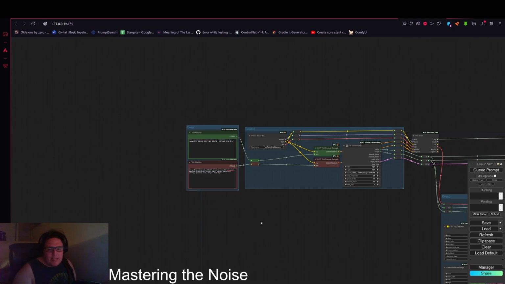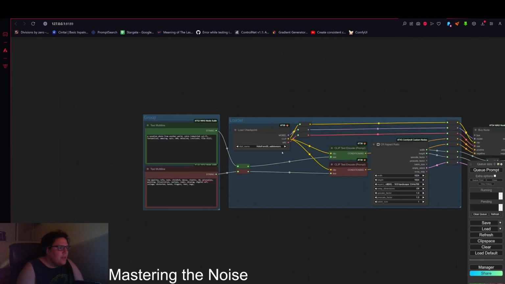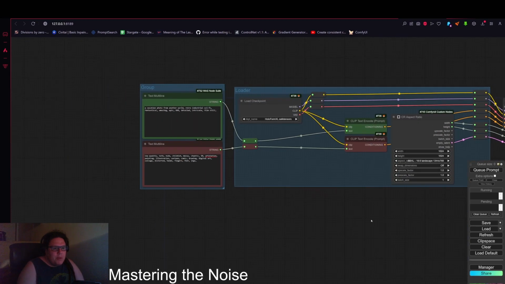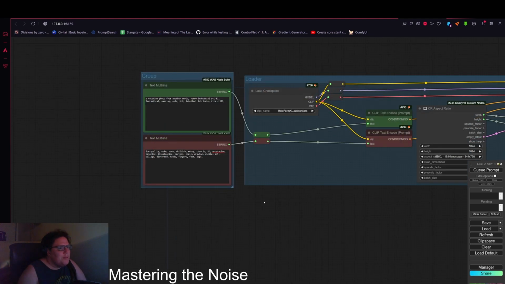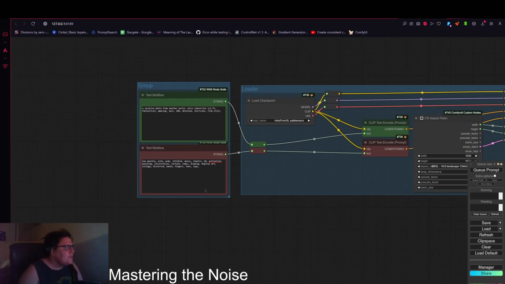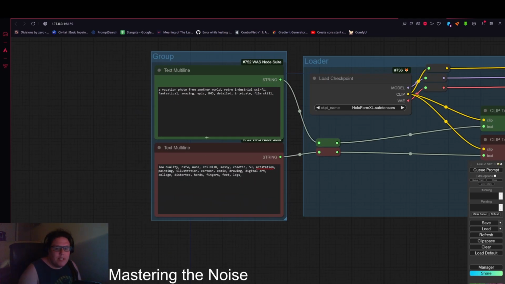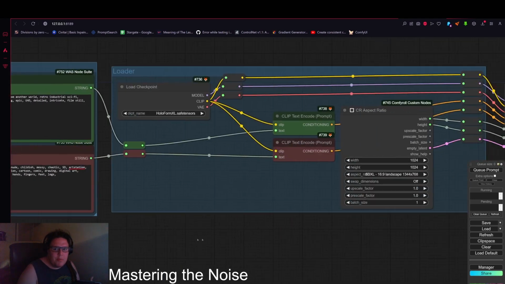So first off, I'll show you how this workflow works. I would normally show you how to build it, and I'm going to show you more on the actual noise module, the building process. But generally, my videos work out nearly 40 minutes long sometimes, so I can't really show you me rebuild the whole thing every time. Okay, we've got our prompts here as text boxes, and we bring them into a loader